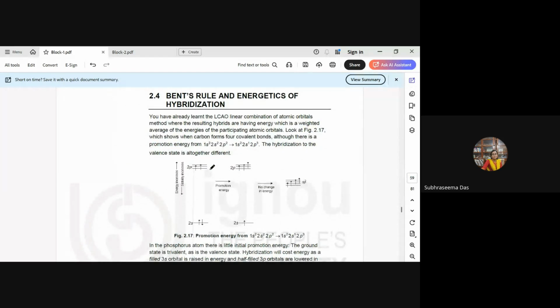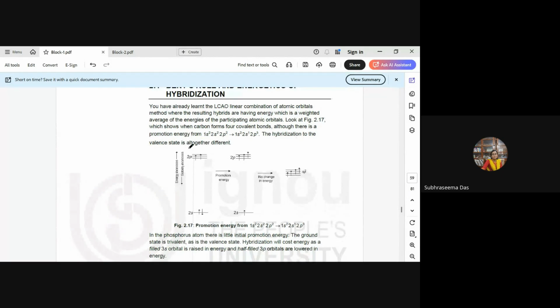Then coming to Bent's rule and energetics of hybridization. We have already learned from LCAO that the resulting hybrids have energy which is a total average of the atomic orbitals that take part in the bonding. So when we look at figure 2.17, when carbon forms four covalent bonds, there is a promotion of